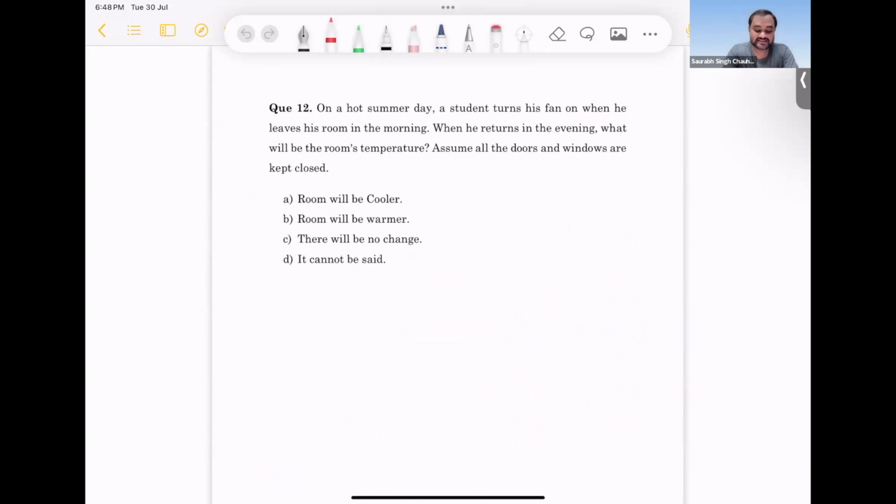Question 12 says, on a hot summer day, a student turns his fan on when he leaves his room in the morning. When he returns in the evening, what will be the room temperature? Assuming all the doors and windows are kept closed. So in a hot summer day, a student turns his fan on when he leaves his room in the morning, and in the evening he returns, then what will be the temperature? And we have to assume that all the doors and